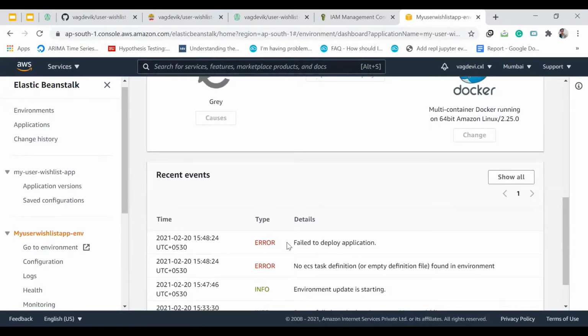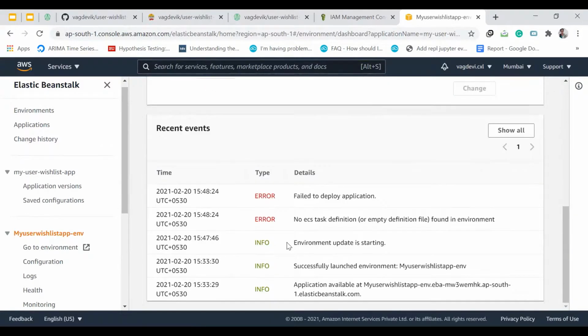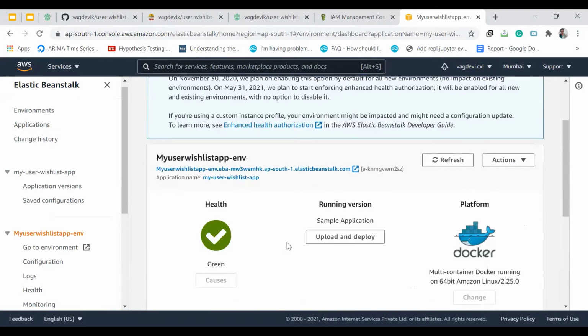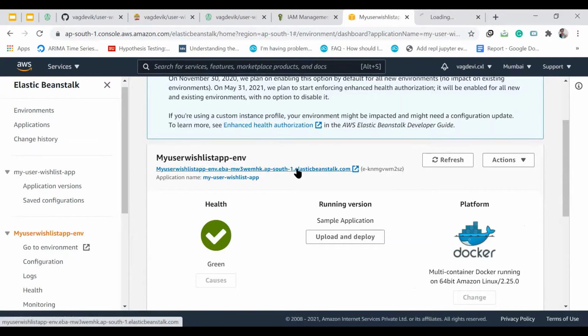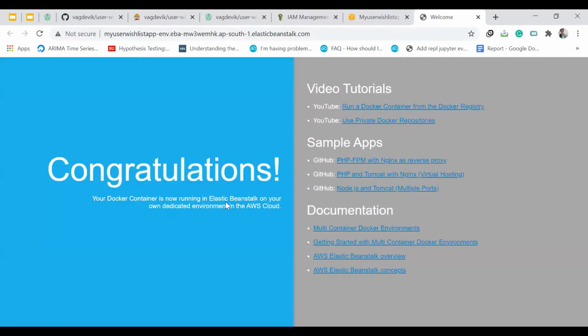work together. That will be taken care of by Docker Compose when we work locally, right? But when we are deploying it on AWS, we also need to tell the same things in a way which is understandable by AWS, right? So for that, we need Dockerrun.aws.json, all right? Once we do that, we will be able to deploy it. For now, if we click on this, this is the same default thing, right?